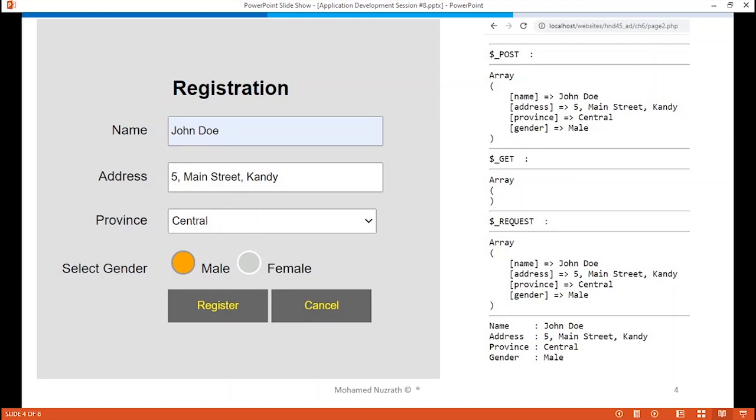If you take a look at this front end, the user fills up this form, enters all the proper information, and selects the gender. Then once they click the register button, this information needs to be taken to the back end, which is not visible to the user. To the right hand side of this form, I have presented page 2. This is page 1, what you see in the form. Page 2 is the backend processing part, the code. I made the code available on the screen.